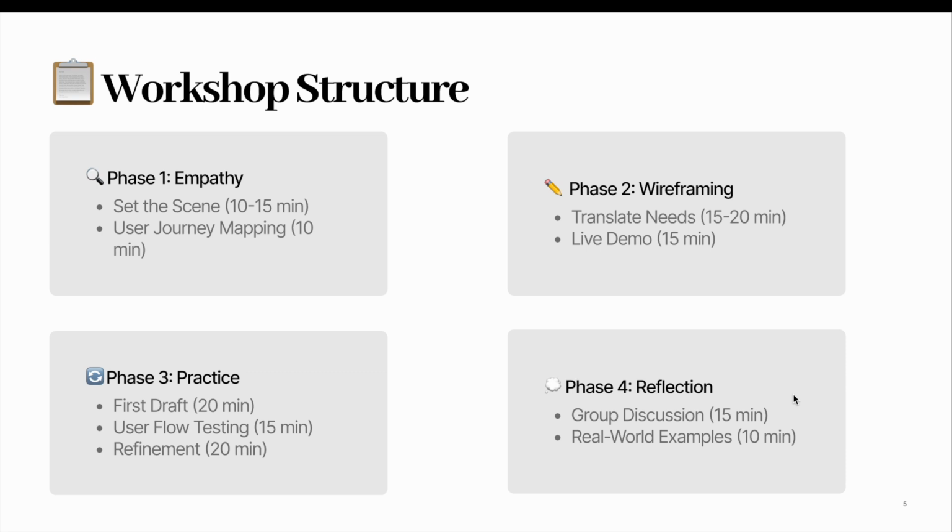Okay, and then you are going to demonstrate that, like you are going to explain why you have designed in this way. You're going to give the justifications, and we'll also be practicing the first draft, and then the user flow testing, where you'll be reviewing with the group and then refining it again. In the end we'll have the group discussion, and we'll see some of the examples. Okay,